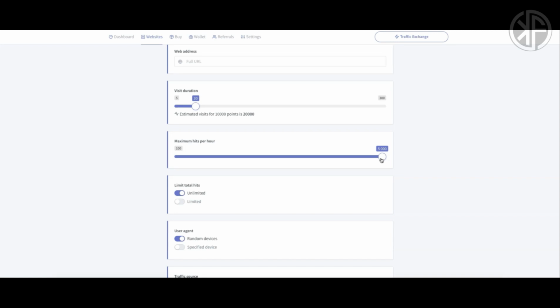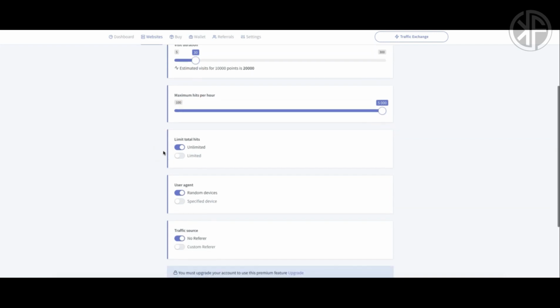Okay. Now, once you get that traffic, sure, you may get some opt-ins. You may get some people actually buying your product. But how many of those do you really think are really going to buy out of those 120,000 people visiting your site for a duration of 30 seconds so they can earn a credit? Not very many, right? Because they're going to visit that site, sit there for 30 seconds, and then bounce and do the next one